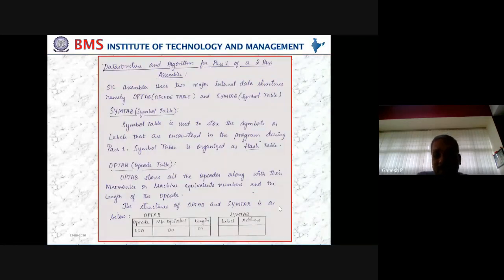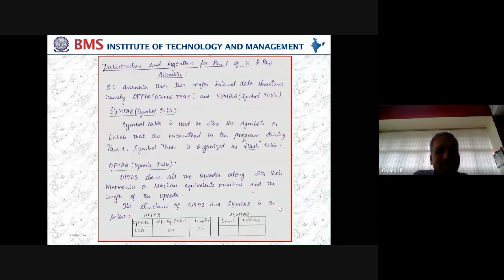See, optab is already generated. Whether you write a 10-line program or 20-line program or 100-line program, optab is fixed. Whereas the symbol table is going to grow accordingly, it is a variable table. It may be empty for some programs, it might be completely big for some programs, depending upon how many labels we have used in the program. If you have used no label in the program, the symbol table will be empty. But optab will always be available even if you write a 2-line program, because optab needs to be a repository. Thereby, we can look up to that to compare whether our program is in line with the instructions we have in the architecture.